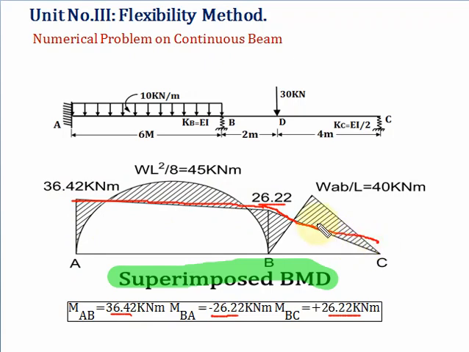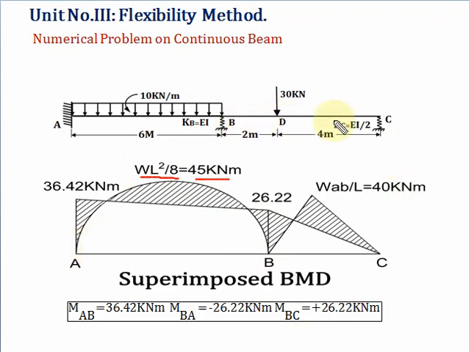So this diagram is nothing but a fixed bending moment diagram. Afterward you have to superimpose the free bending moment diagram. In member AB it is loaded by a uniformly distributed load, so the free bending moment value will be WL square by 8. Value of W is 10, value of L is 6. So 10 into 6 square by 8, we'll get the value 45 kilonewton meter. As the load is UDL, you have to join by a second degree curve. So circular you have to show.